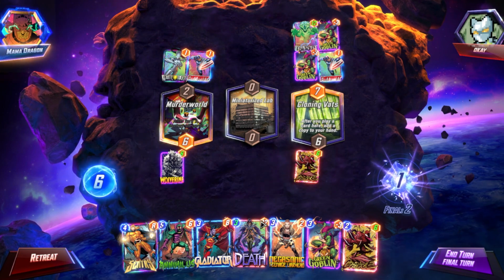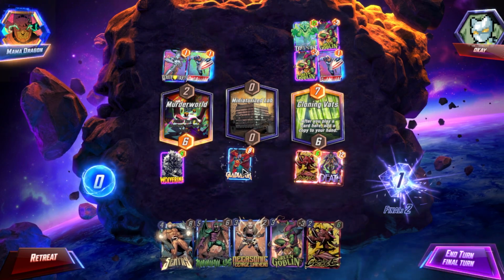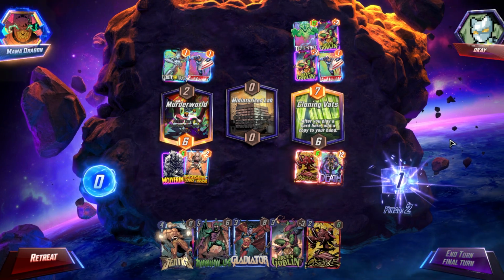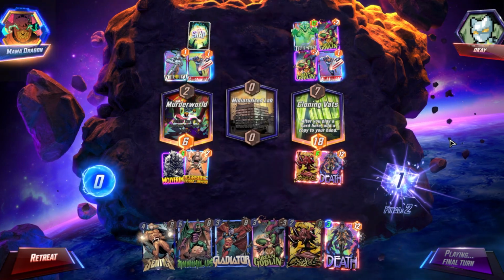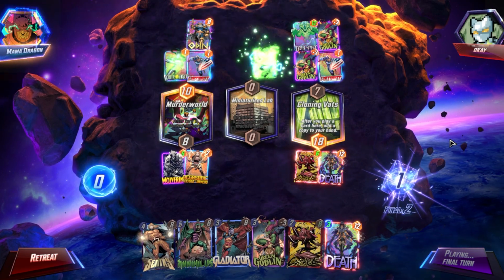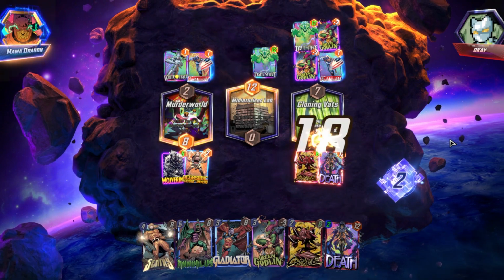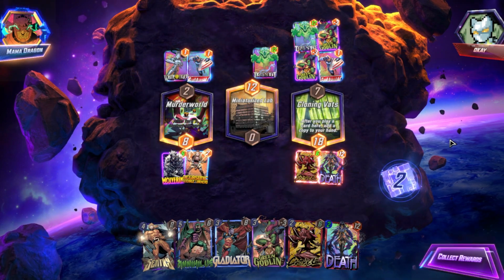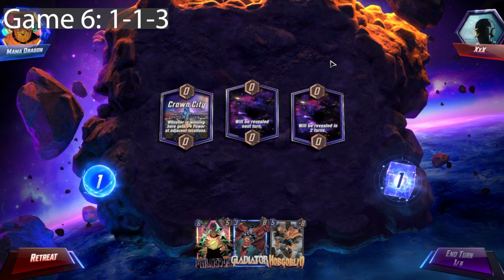I think we can still get this. We put a 3 there and 8. Let's do that. So we'll get that. Negasonic comes here. And we nuke off that, and we win. We got a game! We got a game! Alright. After game 5, we've gotten a game. It's game 6 time, baby, and we open...